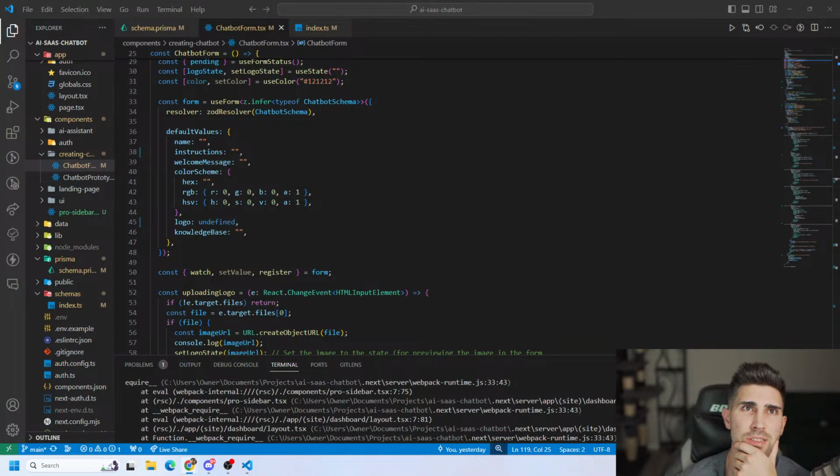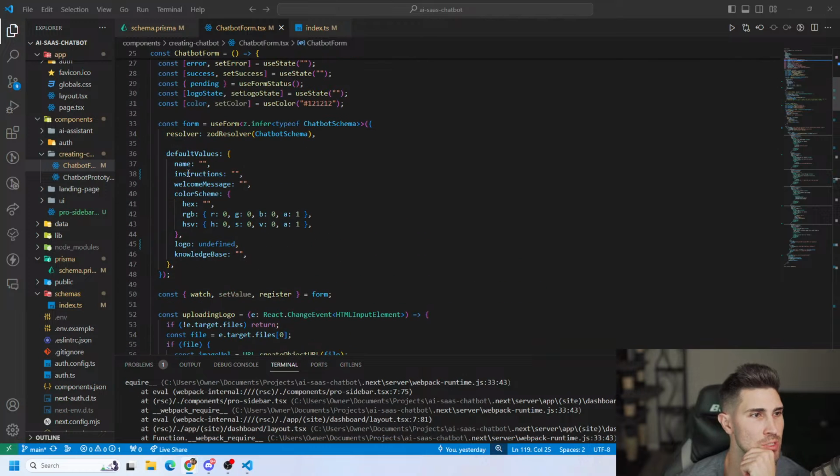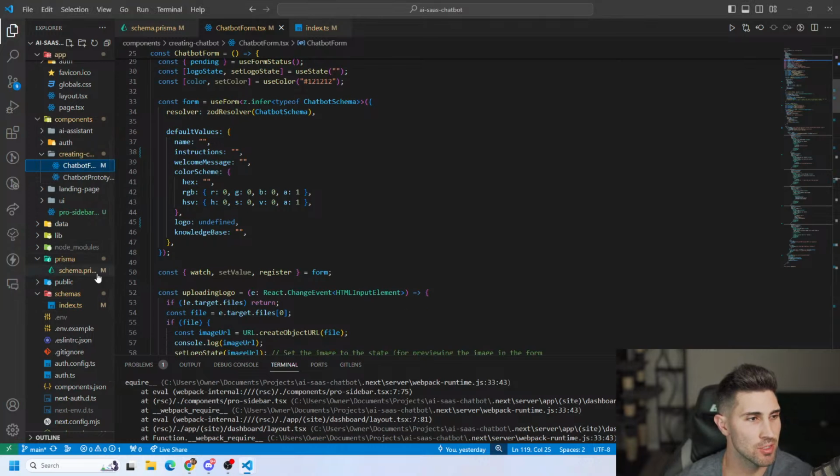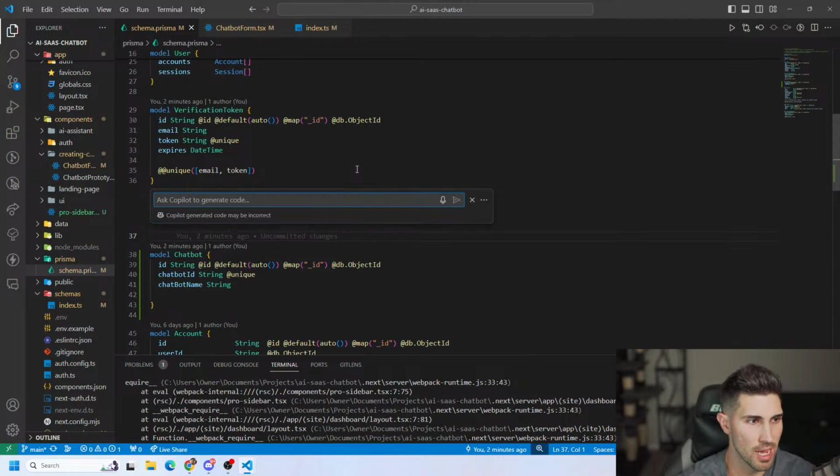Let me see. Okay, so our default values, we have a chatbot name. Let me try what you just said. Let me go to the Prisma schema. So Control I, and then you're saying just create me a model named chatbot that